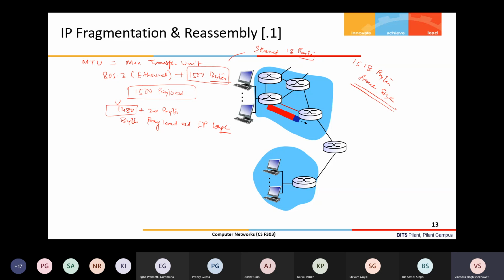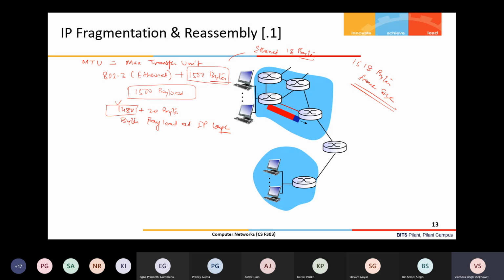So at the IP layer, what is the payload? The data which is received, including the header. At the IP layer, that includes the application header, application data, plus the transport header. This combination is basically the payload at the IP layer. When the IP layer adds its own header field, it becomes the application header, application data, transport header, and IP header.